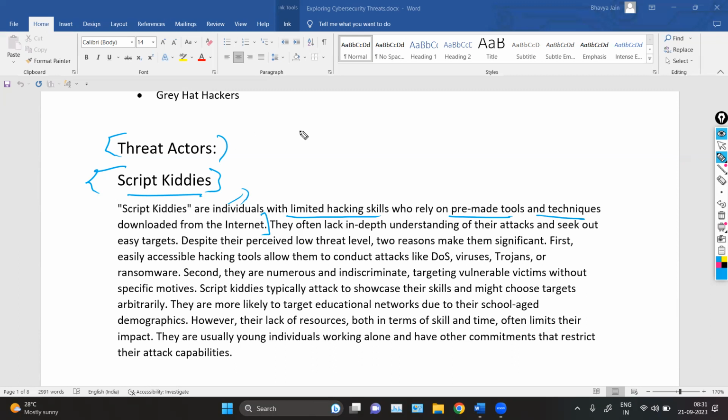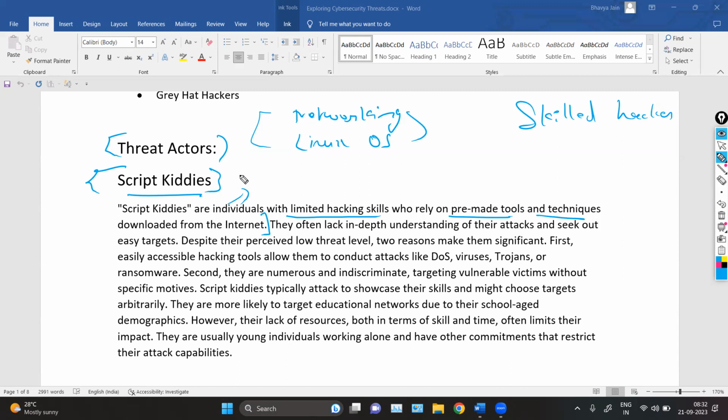For example, for cybersecurity you should know networking. Networking is the foundation of hacking and cybersecurity. You should know how to use the Linux operating system. If you are a web application penetration tester, then you should know how websites work, etc. So for cybersecurity, you should follow a particular path, particular stages. First you clear the networking basics, then a skilled hacker will clear the Linux basics, the commands, and so on.